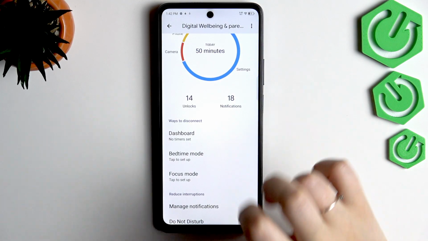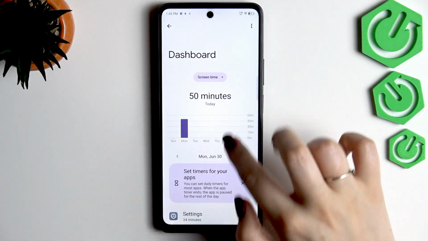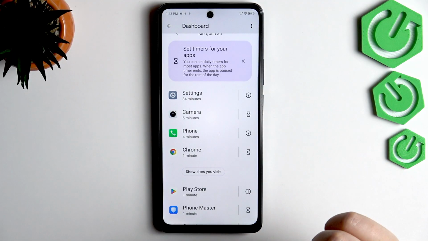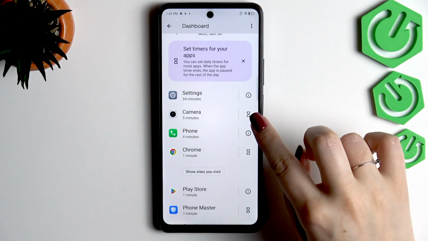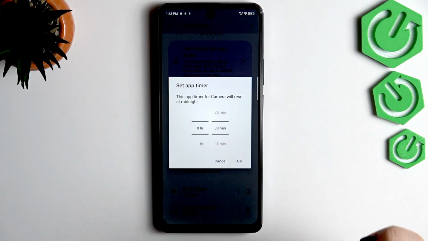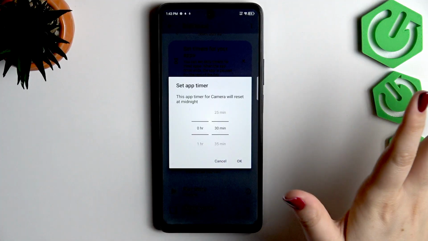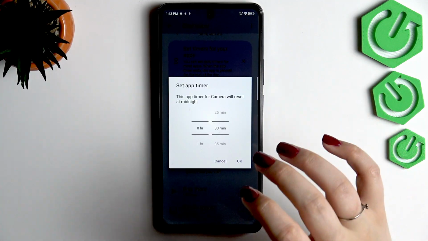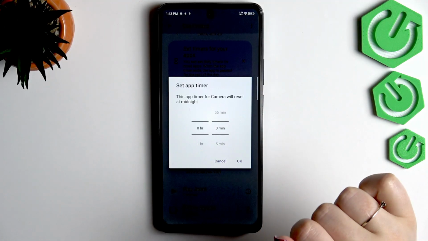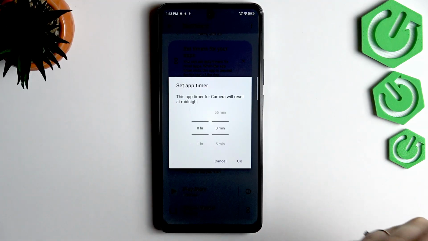So in the dashboard you can basically set app limits. So if you are spending too much time on the specific app, so let's pretend it's camera for me, we can simply tap on this hourglass icon and then set a specific timer. So if you don't want to use the app at all during that day, simply use 0 hours and 0 minutes, and then your device will simply gray out this app and you will get the notification that you cannot